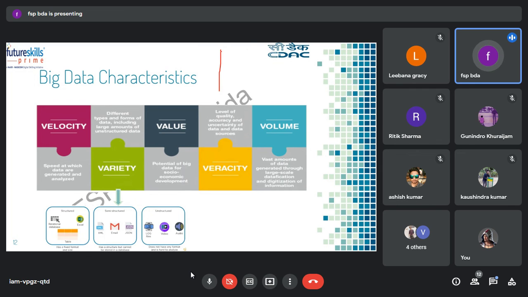Suppose this is somewhere your data is stored. Let's first create this table. Suppose I talk about this column: this is filled, this is filled, this is filled, and this was left empty. It's a very huge amount of data, and many cells will be empty.